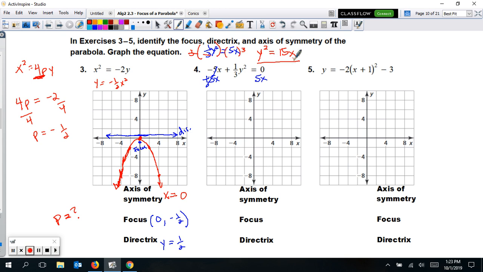Now we could solve for x at this point. I could divide by 15 or multiply by 1/15 and get the other form as well. So either way would be fine. But for this one,